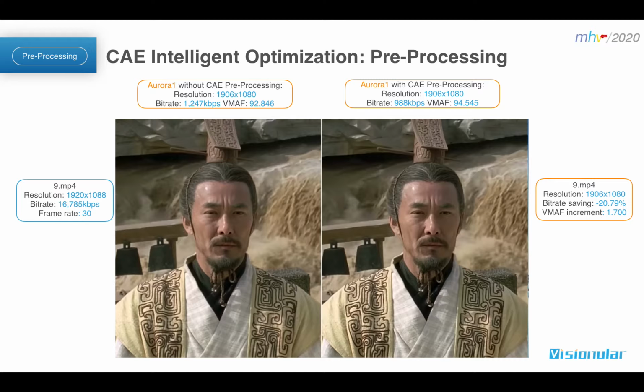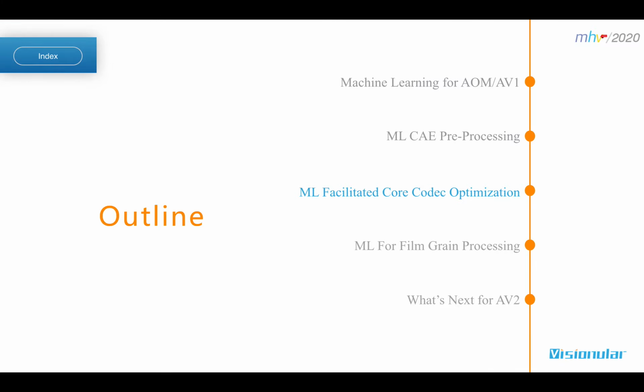It can be seen that with a bitrate saving of more than 20%, the right figure that uses the preprocessing presents a pretty sharp image, especially for those textures in the costume. So next, we would like to look into the core codec optimization for AV1